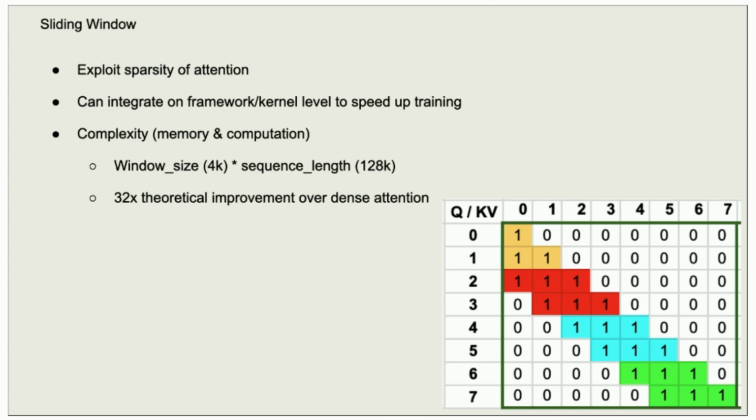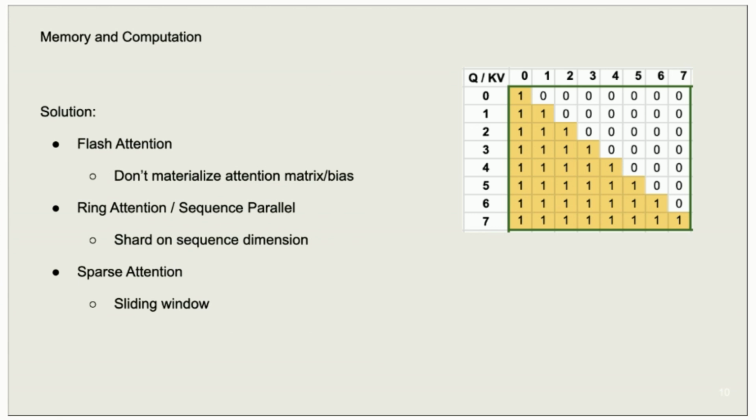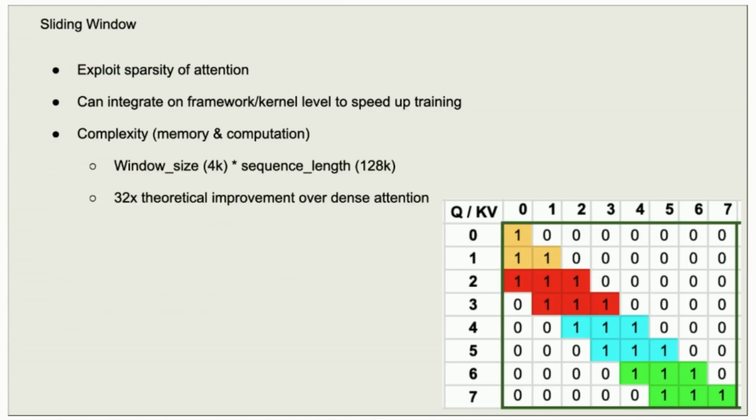Like in the example here, compared to what we had before, where we have this causal attention matrix and we attend to everything on the bottom left triangle, here we can choose to attend to only the local windows. For every token, we're attending to, in this example, only 3 tokens that are in the proximity